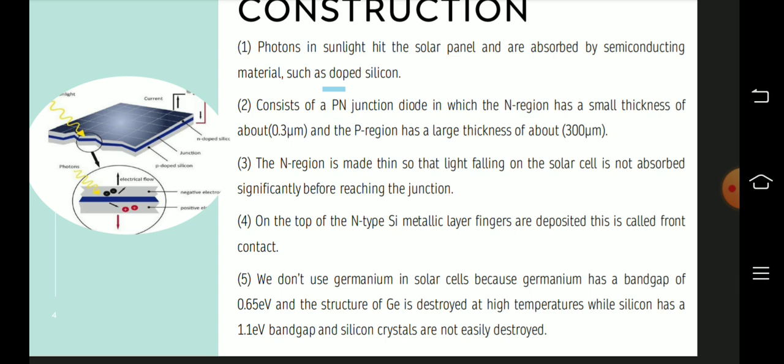the junction. And on top of the n-type silicon material we deposit fingers, because if light is incident on the solar panel, then it generates electrons, and electrons can easily move through the metallic finger, so we use a metallic finger over